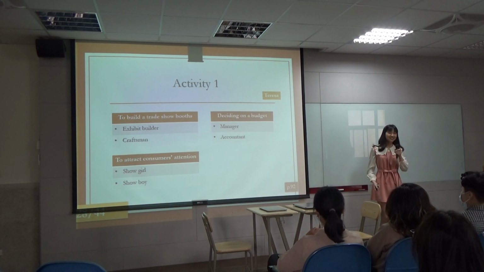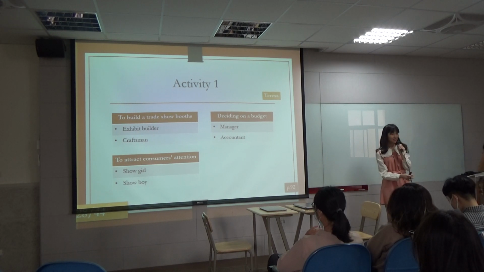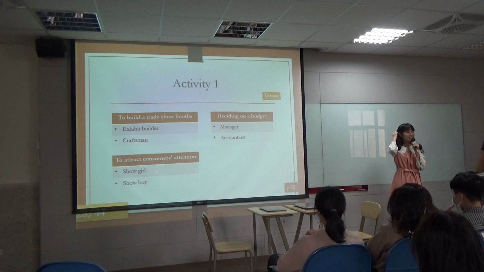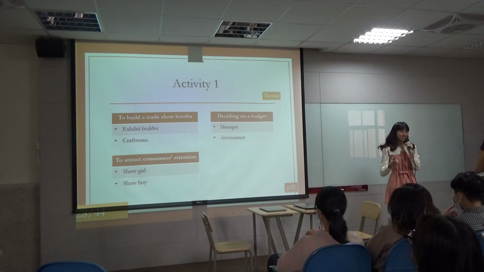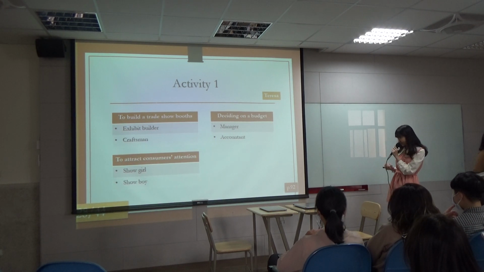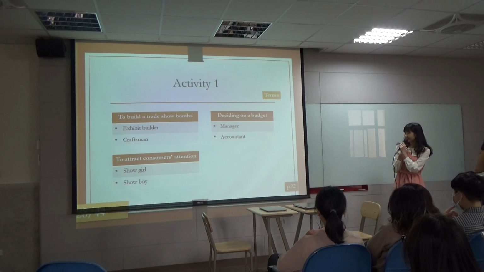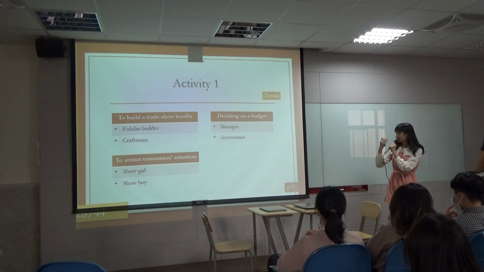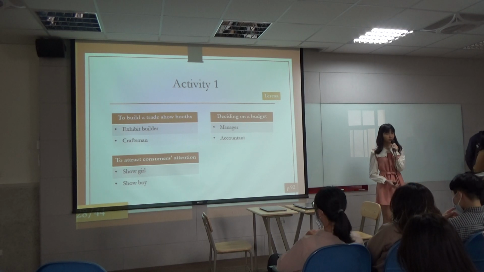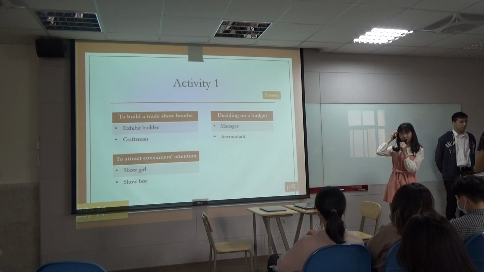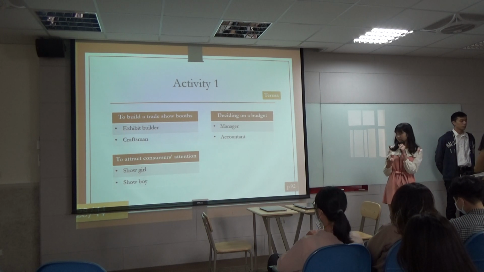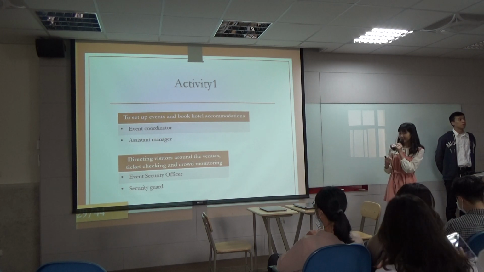Hello everyone, I'm Teresa. I'm going to talk about activity 1. A trade show planner needs to take into consideration the following professions for a complete trade show. The first are manager and accountant. Their responsibilities are to decide the budget. Then the exhibit builder and craftsman's job is to build a trade show booth. We can often see showgirls or showboys at the trade show to attract consumers' attention. And the next professions are